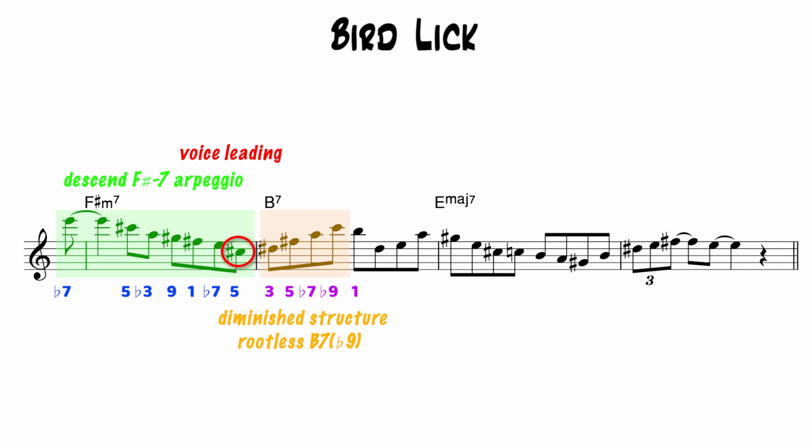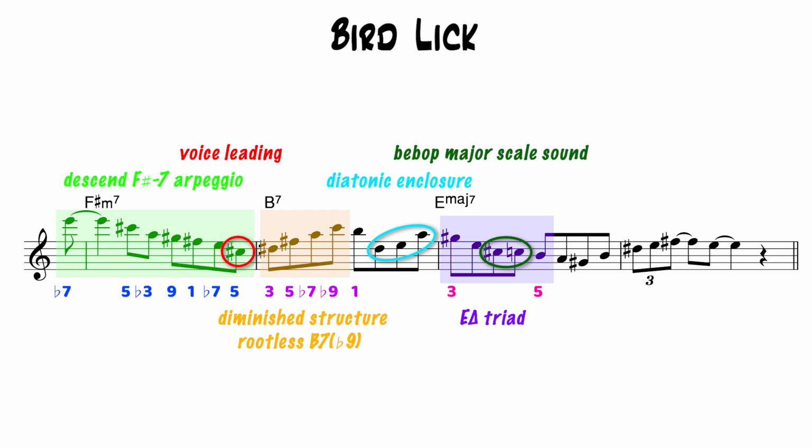And we dip down and play a 3-note diatonic enclosure around the 3rd, this target on the E major 7 chord, our 1 major 7 chord. Now from here, we go down the E major triad, but before we arrive to the 5th, the B, we play this nice bebop major scale sound, where we have a major 6 and then a chromatic passing tone down to the 5th. From here, we diatonically walk down till we land on the 3rd once more,